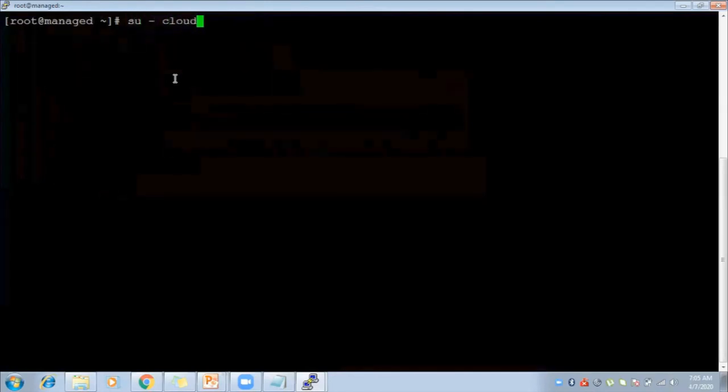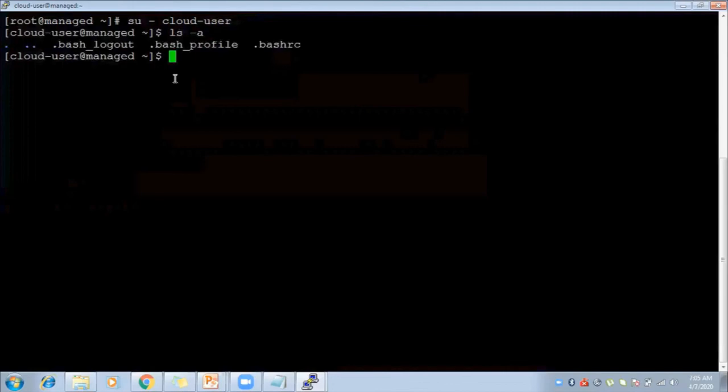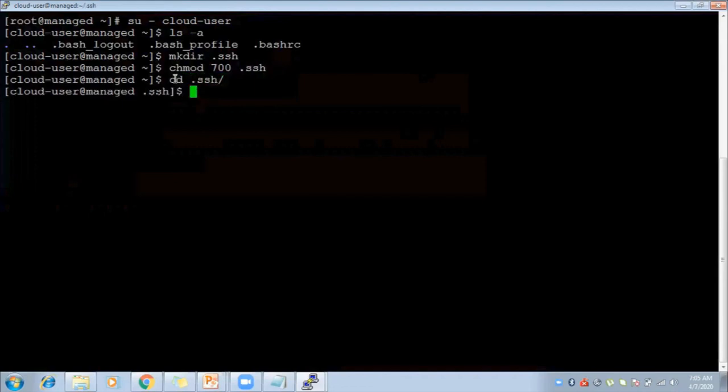Here I have to switch to cloud user, and here no SSH directory is there, so I have to create an .ssh directory. Permission should be 700 for .ssh. Now I will go into the .ssh and I have to create one file.